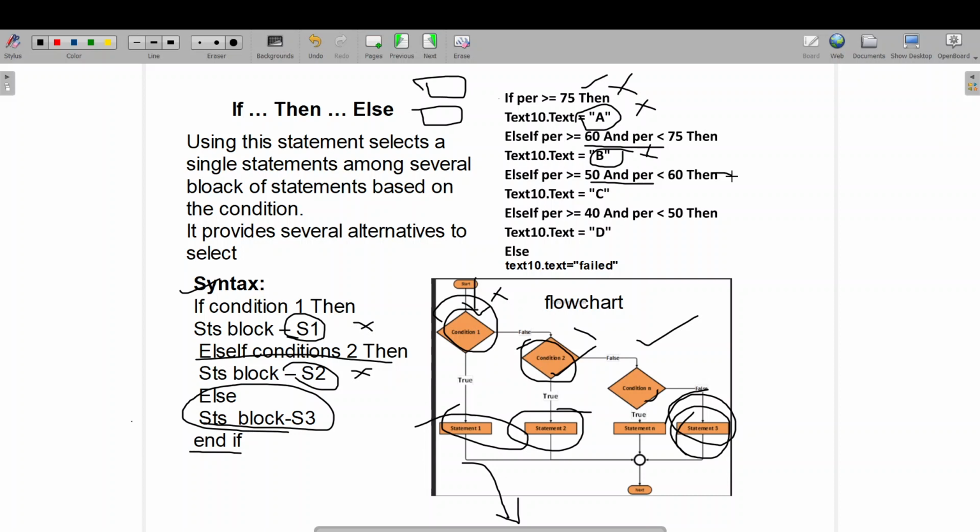Suppose here also it is not satisfied, I will not print this statement. Here also I'll check, here also not satisfied, I'll not print this statement. And after finally checking all the conditions, none of the conditions can fulfill my satisfaction. So I will go to the default statement, that is the else part, and I'll print Failed. So however many conditions you want to specify, you can keep instructing your computer.